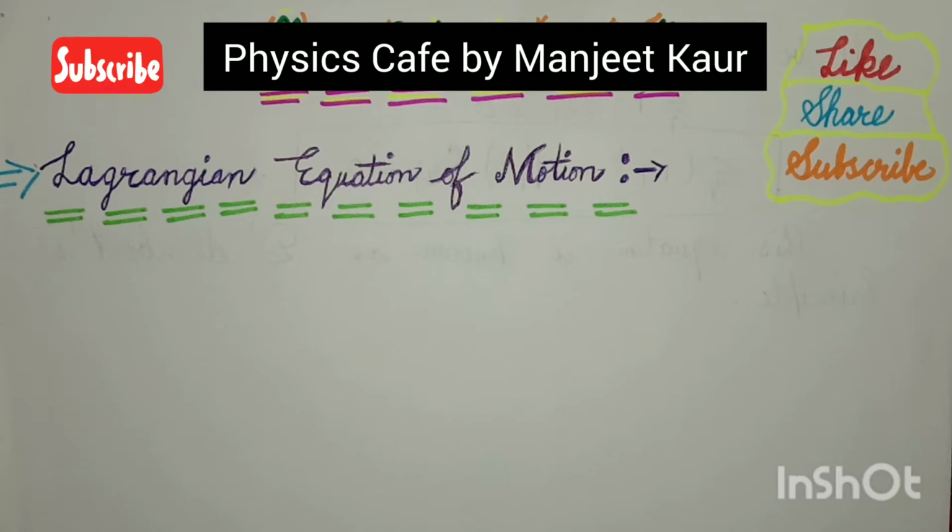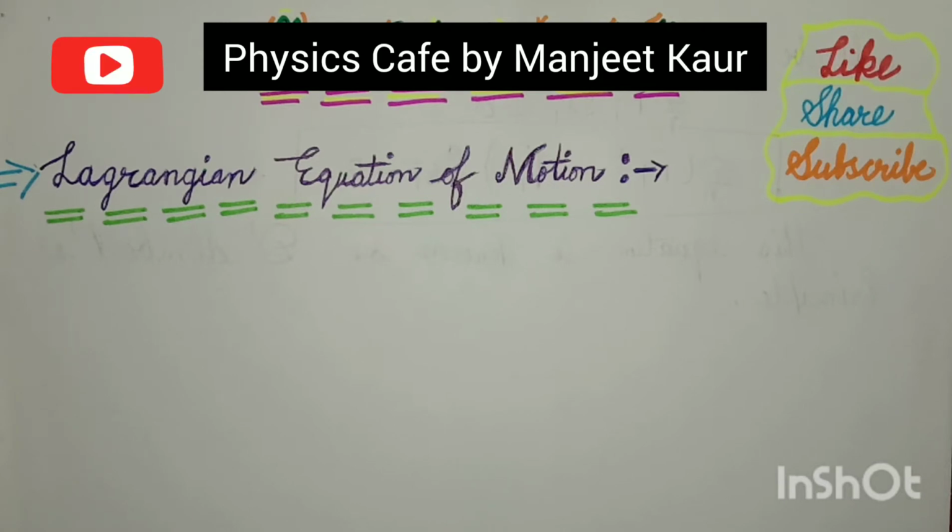In today's video, we will study Lagrange's equation of motion. In lecture 2nd, we already discussed the D'Alembert principle. So in this video, we use that principle to transform the Lagrange's equation of motion. So we now transform the D'Alembert principle into that expression which involves virtual displacement of the generalized coordinates.